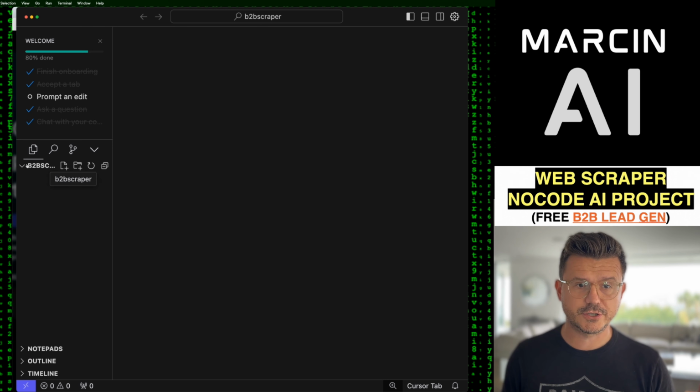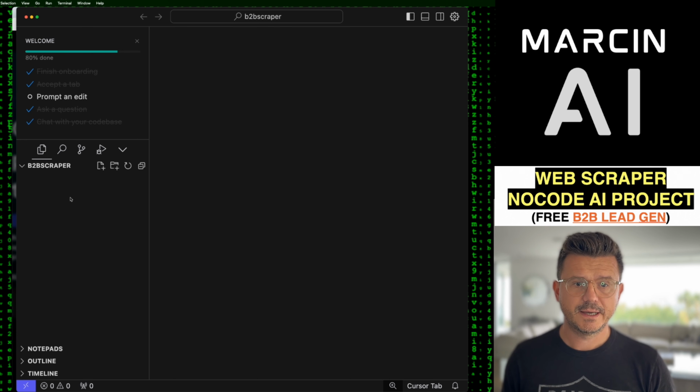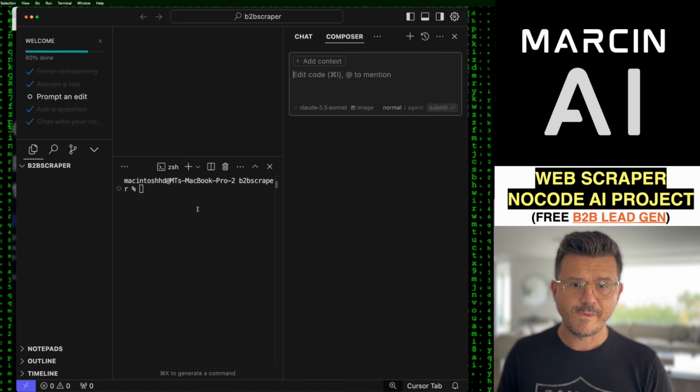So now we got our folder structure. You got the folder structure here on the left. This isn't a Cursor tutorial, but you guys are just going to see me build this. So now we're going to go here. We're going to go here. And then we're going to say,